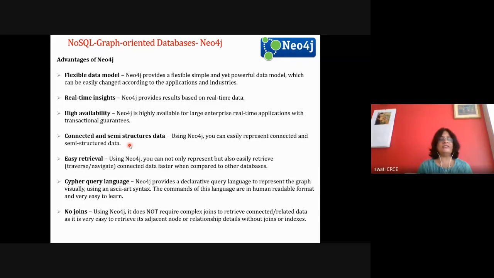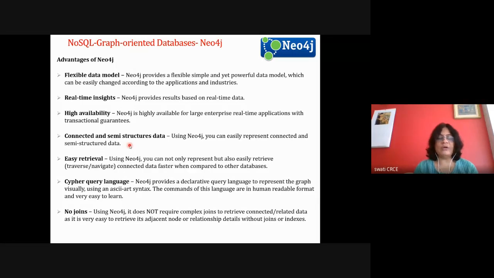So even if your data is big and huge, and it keeps increasing, whenever you fire the query, you will require a constant amount of time for querying, with small data and with maximum big data. The amount of time to execute the query will remain the same. That is a big advantage, because in RDBMS, when the size of the data increases, the query answer becomes very slow. But in case of Neo4j, even if the data is small or big, the amount of time to execute the query and get the answer is the same.